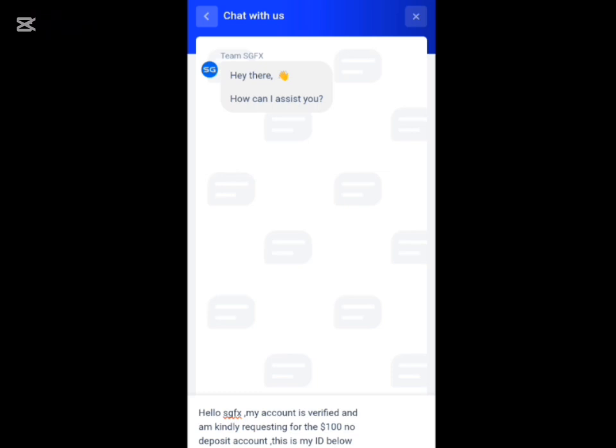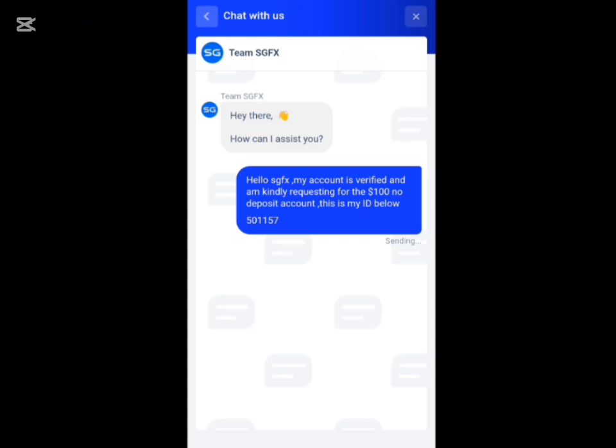Now after dropping the message, you just need to add the account number at the end. So that's the account you'll be getting the $100 into. And like I said before, there's no deposit into this before you can place withdrawal from this bonus. You don't need any deposit. So once you send the message to them, after like 30 minutes, I got my account credited, and I'll be